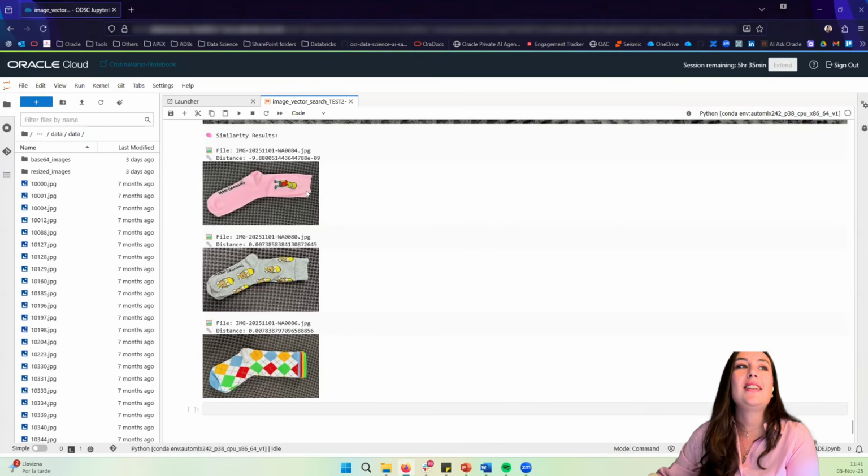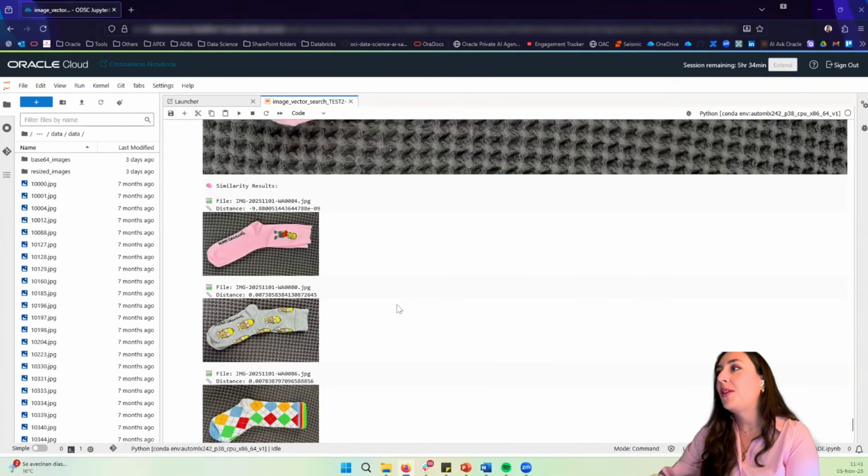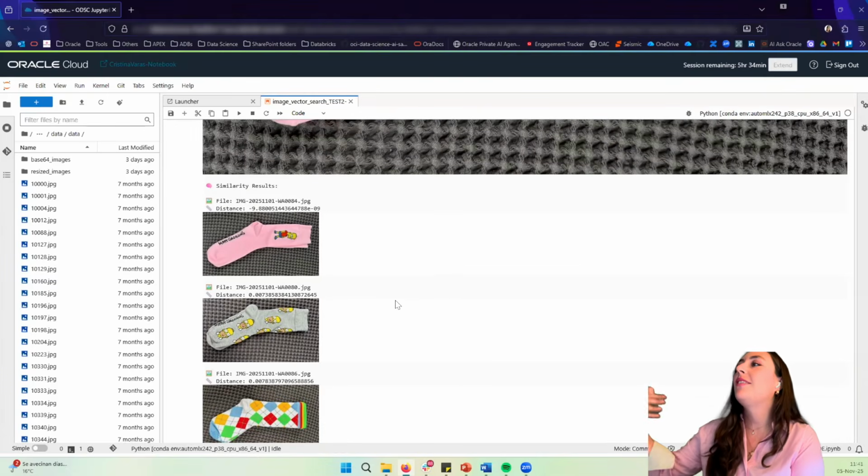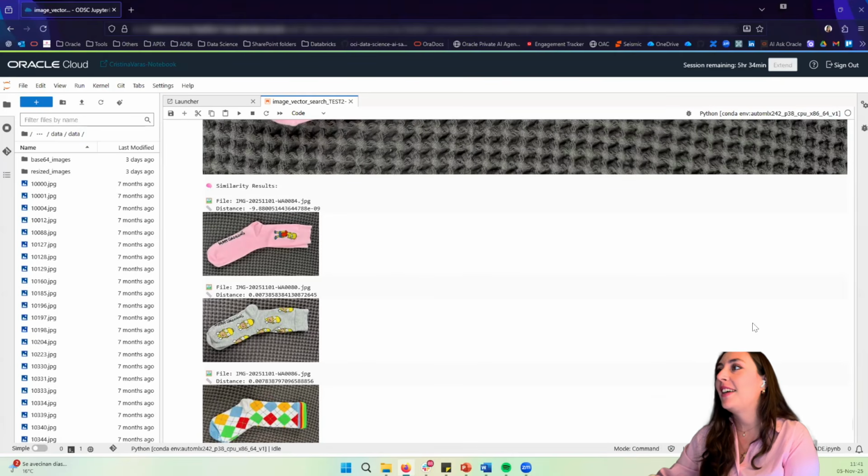So you see that it works quite well. Of course, here the distance to this one that is pink, the input picture, is negative, so that means it works very well, and the others are very, very small. So here you have the similarity. And with that, now that we have the table in the database, Roxana is going to show you something enhanced and how she built the application with more functionalities.